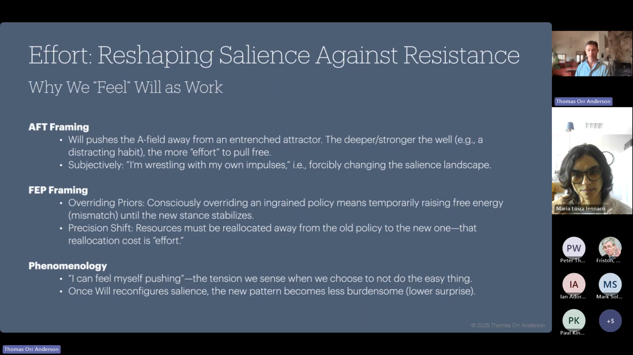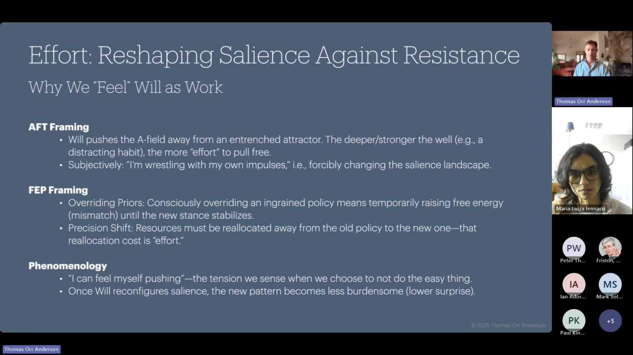So the effort of will, why do we feel will is work? Essentially that the re-sculpting of the salience landscape takes resources, and those resources being the effort that we feel as we apply this will. And again, this is all very provisional. This is me after having encountered the free energy principle and active inference, seeing that apparently it seems to me that all of these things rest naturally within this framework in a way that appears to me to be coherent